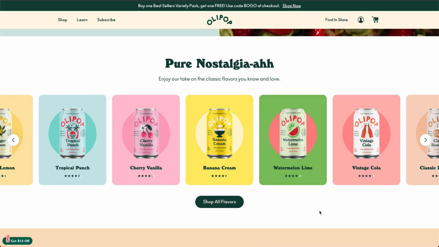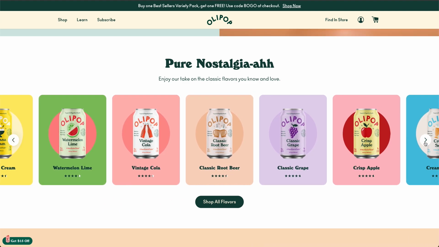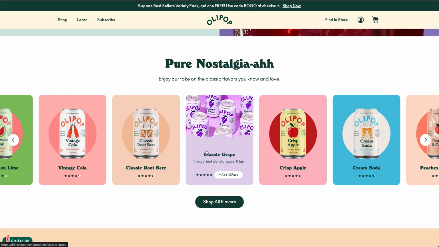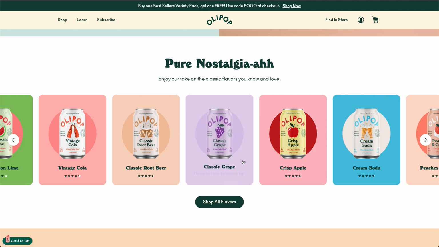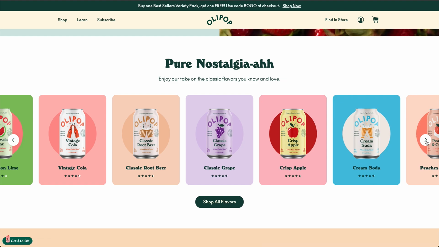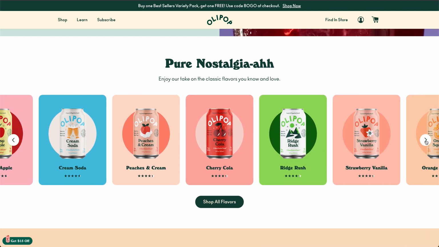All right, so my next challenge is to try and recreate this carousel as best as I can. And this is so cool. There's so much going on here. It just is a carousel that includes all of the classic flavors that go with the OLIPOP brand. And when you hover over one, it gives you that cool little animation. And it's so fun. I already know I'm not going to be able to accomplish this perfectly, but I sure